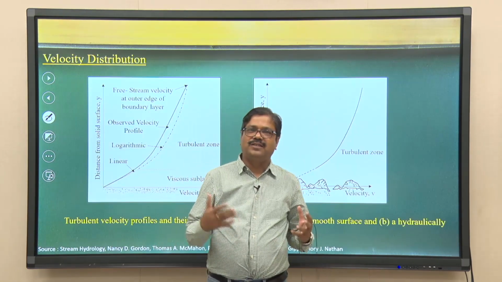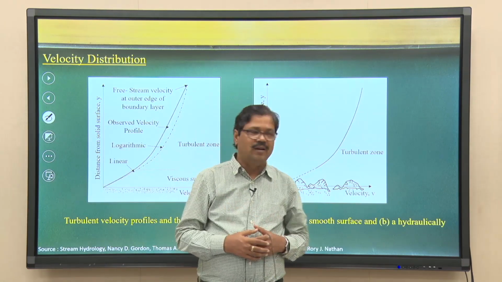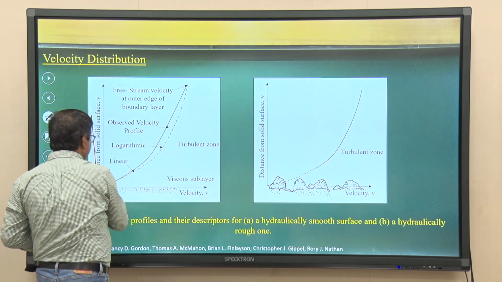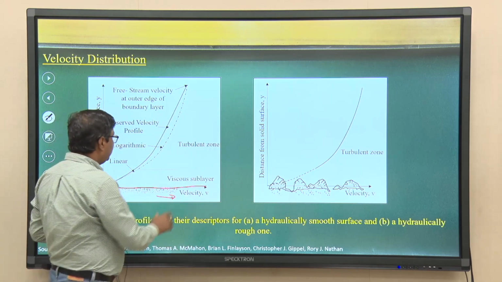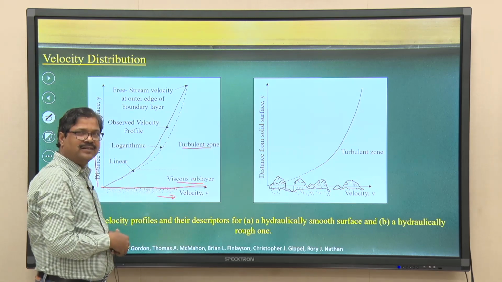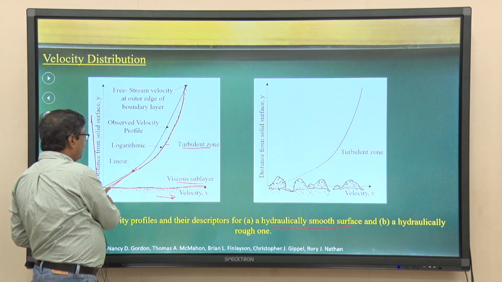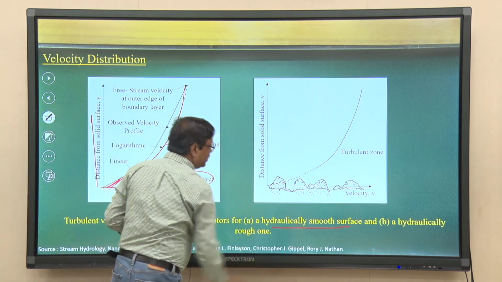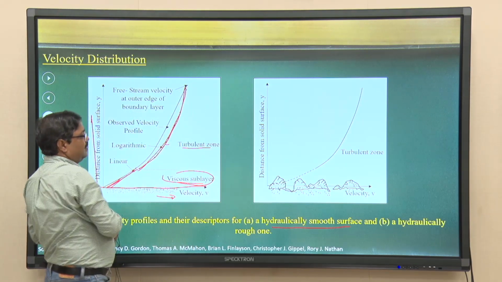Now, let us talk about velocity distributions. As we discussed, they follow the logarithmic distribution. If I plot distance from the bed against velocity, I will have a viscous or laminar sublayer and a turbulent zone, as we discussed at the very beginning. The linear part is the viscous sublayer, a linear velocity distribution in the laminar sublayer in the case of a hydraulically smooth surface, followed by a logarithmic